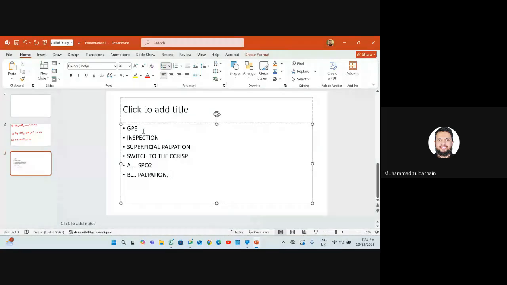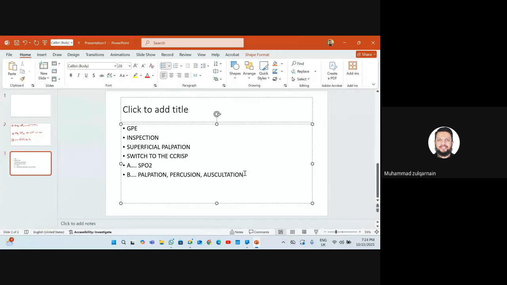So this will be in palpation. Then percussion, gently percuss, and then auscultation only on the anterior chest. There is no auscultation on the posterior chest for this station. At the end of the station, you can say to the examiner that